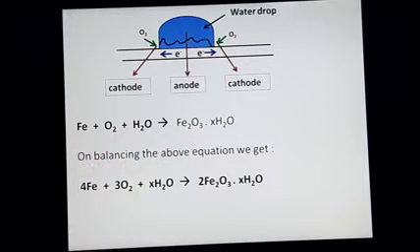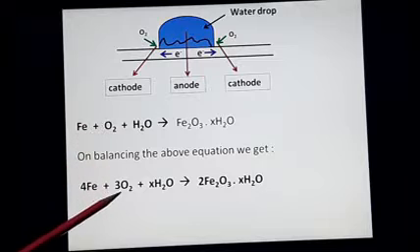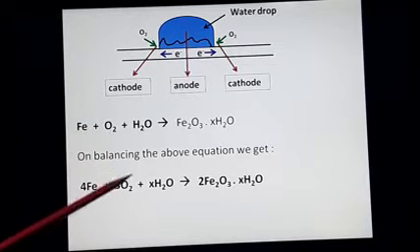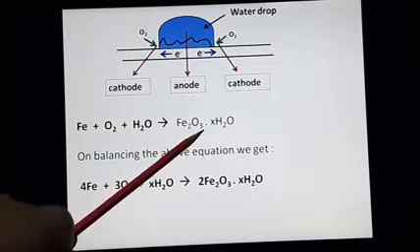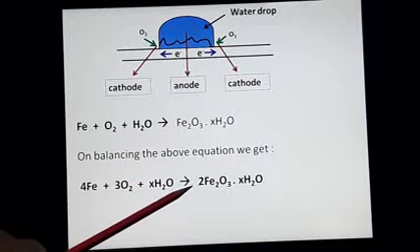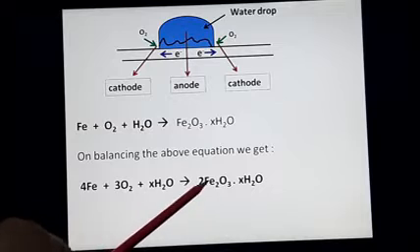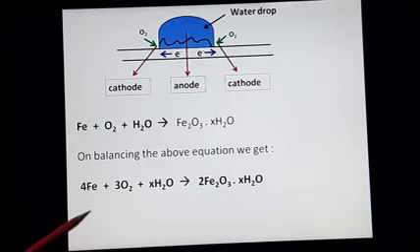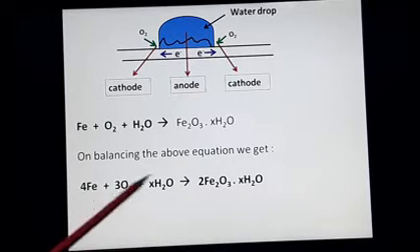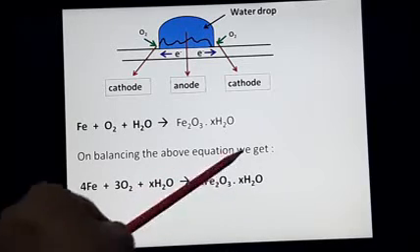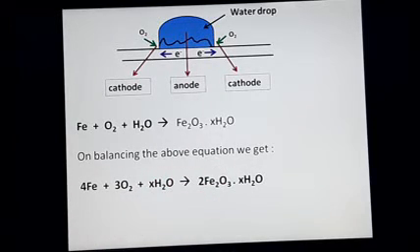The LCM of 2 and 3 is 6. So in order to make both equal, I will put a 3 here, as 3 times 2 will become 6. And over here this is 3, so I put a 2 here, so 2 times 3 oxygen will be 6. In the same way iron will be 2 into 2, that's 4, so I put a 4 over here. So we have seen iron is balanced, oxygen is balanced, and for water molecules, we'll just put x because that is not fixed.